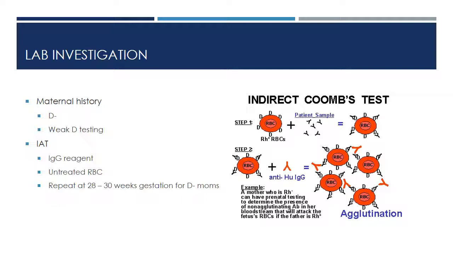Well, her risk of producing an anti-D is related to her D status. If she's D negative, that's the most likely case where she's going to produce an anti-D. So we have to be aware of those mothers, and that testing has to be done quickly. So now,